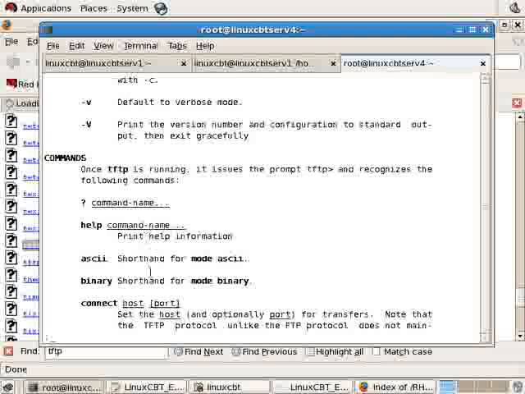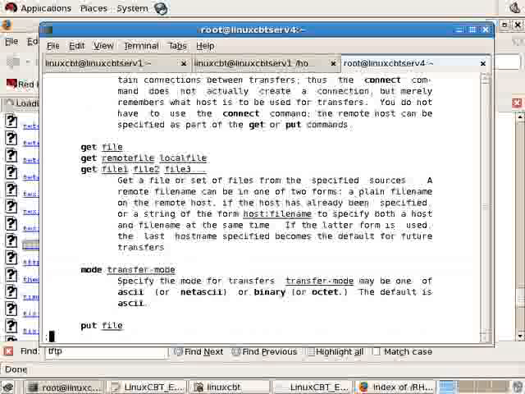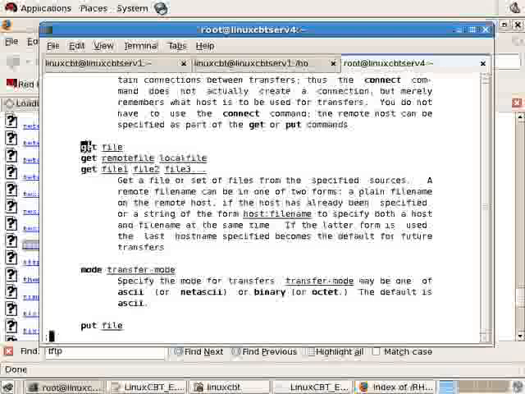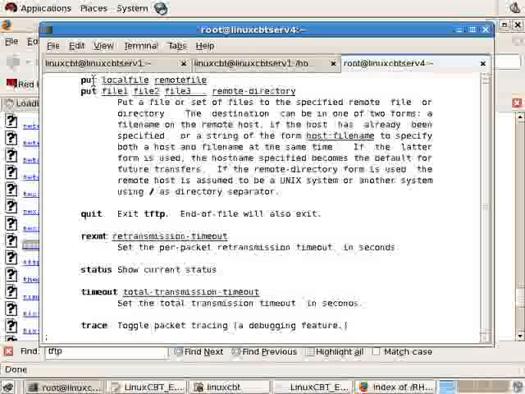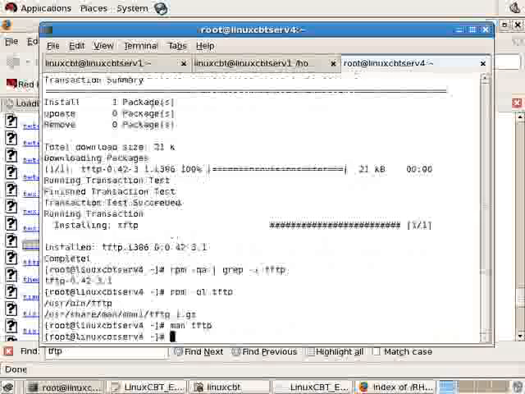Again, it can be used to transfer files like FTP in either ASCII or binary modes, and you can connect to a host using a given port other than the standard TFTP port. And the commands would include gets and puts, for example. Get a given file or get multiple files. Put a file or put multiple files. So the usage is really simple, and we have the package installed, but we're more interested right now in the